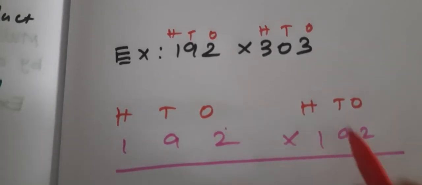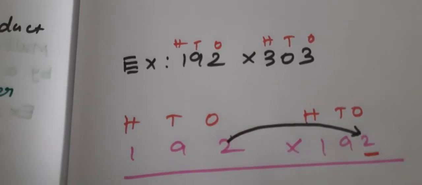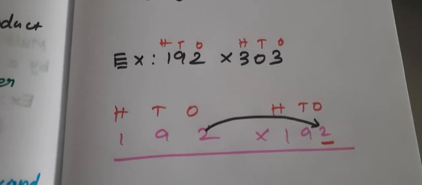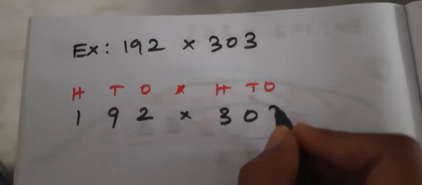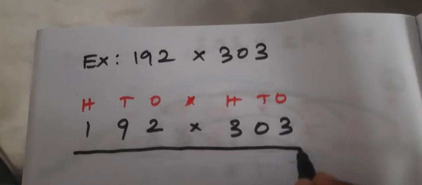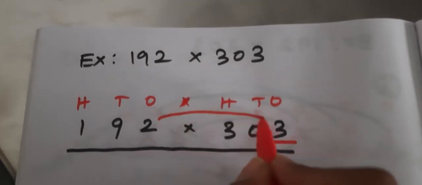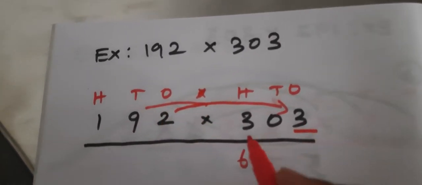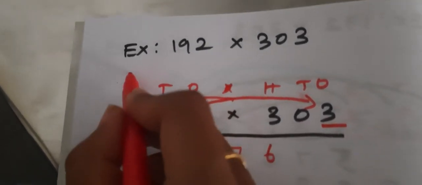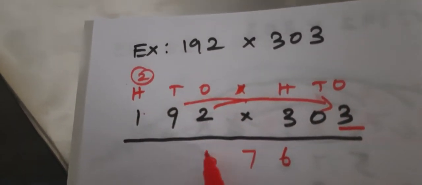First you have to proceed with this number. See here, arrange the numbers: 291 and 303. Okay, listen. So first you have to proceed with this one. 2 into 3, 6. 9 into 3, 27. 7, 2 is a carryover. 1 into 3, 3 plus 2 is a 5. Okay.